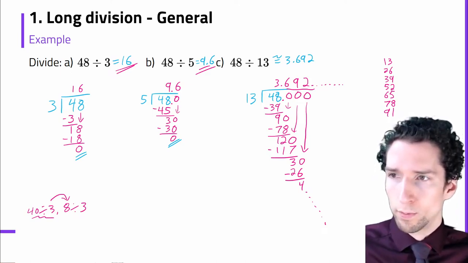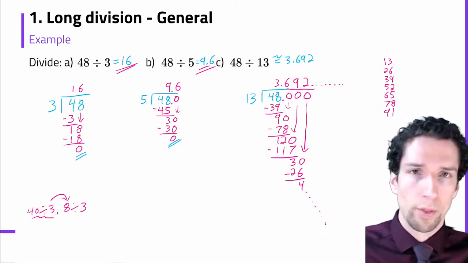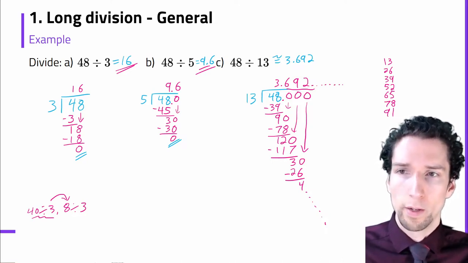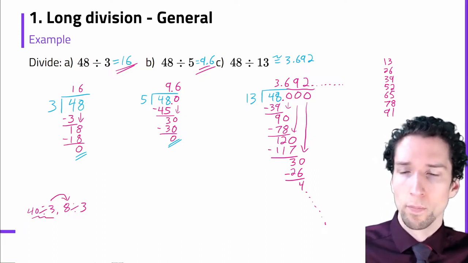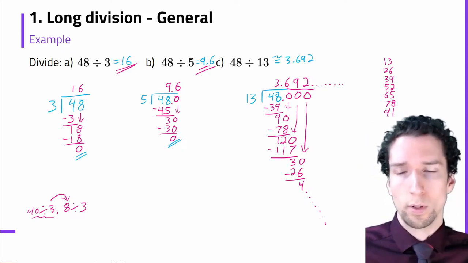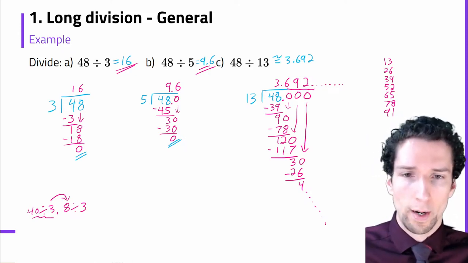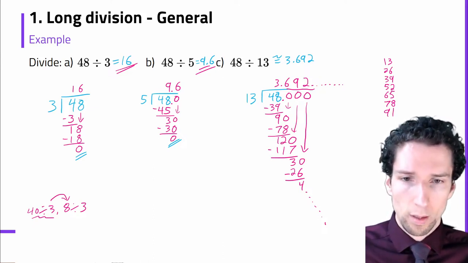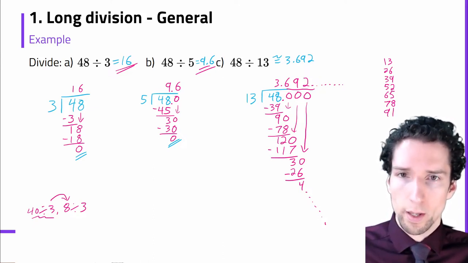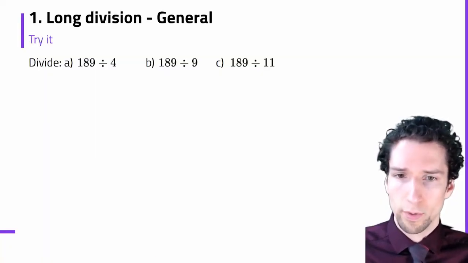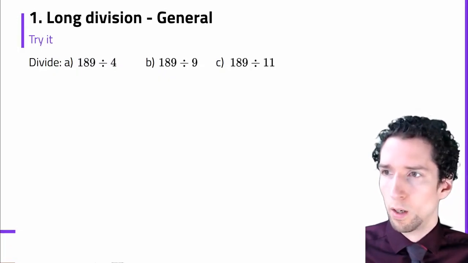Okay, so clean division with just an integer solution, no decimal, or maybe a decimal, but not infinite, or infinite decimal. Any one of those 3 things can happen. Long division, a nice tool that will help us figure out all 3 of those. Okay, let's clear this out, and 2 practice ones here. First one for me. All right, 189